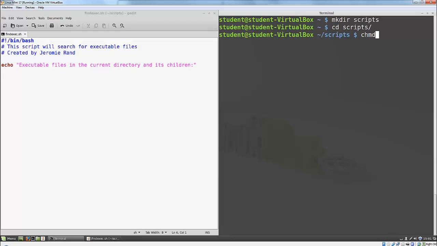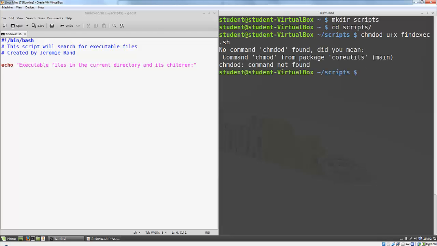So I need to make it executable first using the chmod command, which it would help if I spelled it correctly. And then I'm going to execute the script by typing ./ and the name of the script. The ./ is necessary. Linux will not look for files to execute in the current directory by default. That's not part of the search path. And so that ./ just tells it I do want you to execute something that's here in the